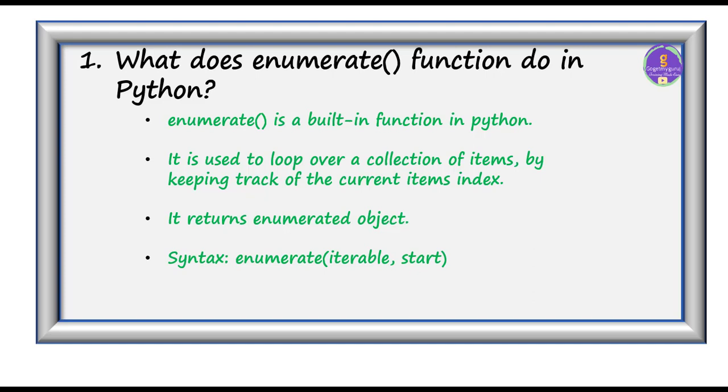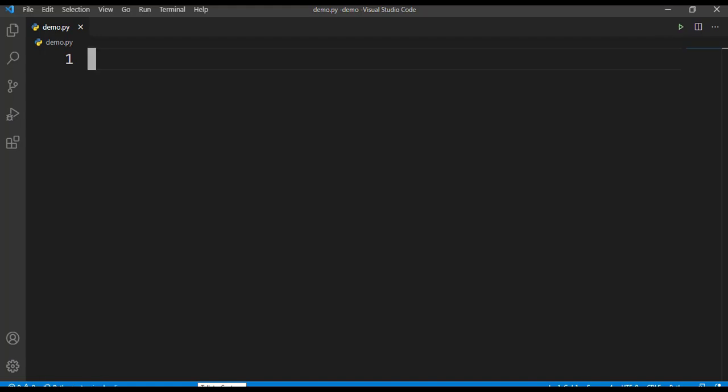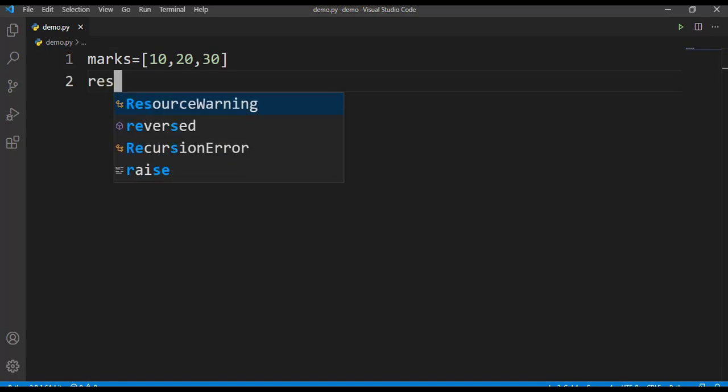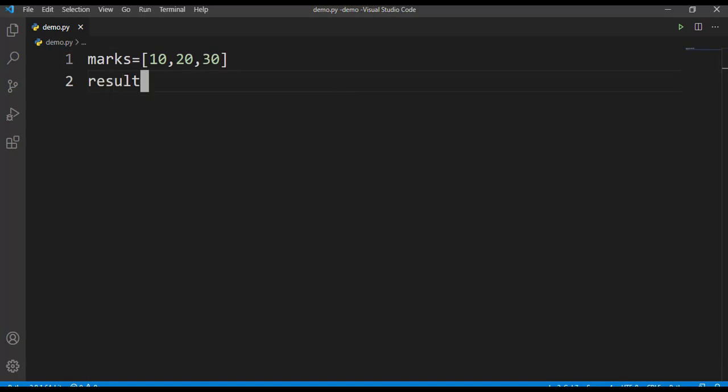As we said, it is a function, it returns an enumerated object. And the syntax is enumerate and then your iterable and start. So this start here is optional. To understand the usage of enumerate function, let's take a list of marks and a variable called result, and we'll use enumerate function here.